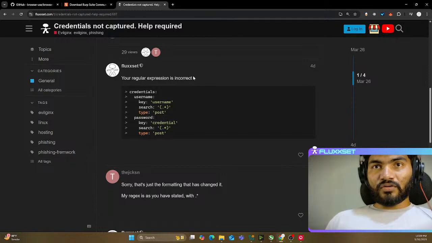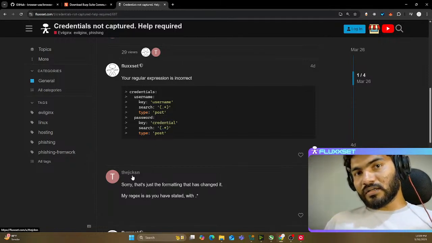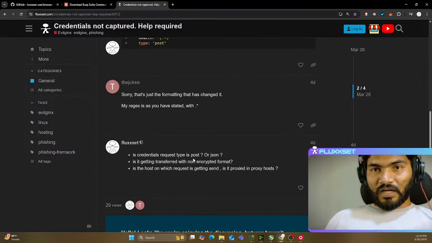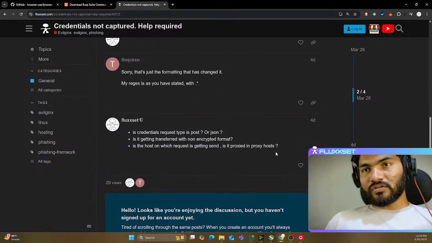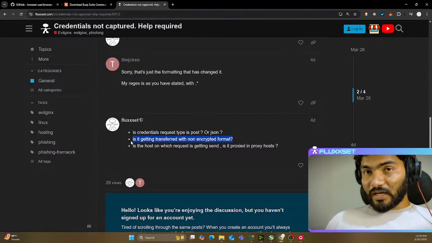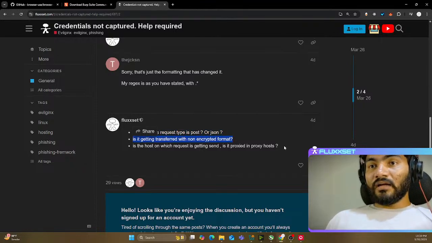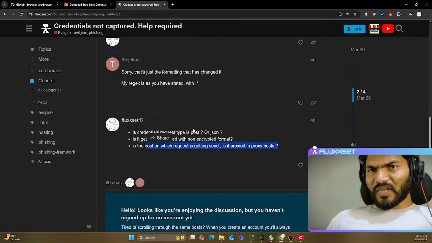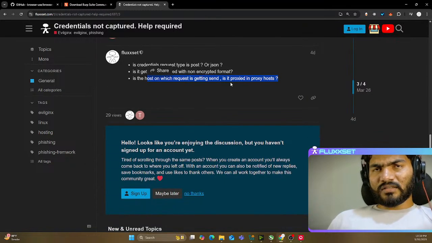We need to do that. So whoever this guy is, Jack SN, please check that particular thing. I have added the question right here also: whether the credentials are getting sent in the POST or not, whether the credentials are in an encrypted format, and how exactly it is getting sent, what is the host and what is the content type. But I haven't got that particular answer right here. That means the issue is solved, I guess.